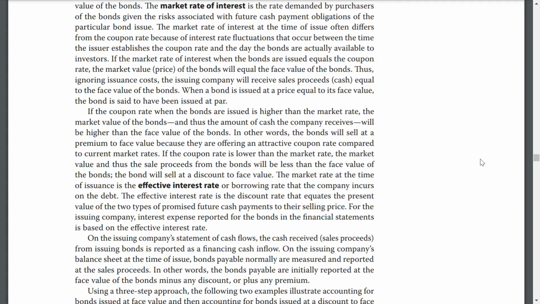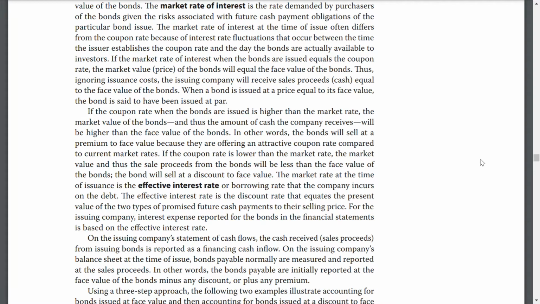available to investors. If the market rate of interest when the bonds are issued equals the coupon rate, the market price or value of the bond will equal the face value of the bond, thus ignoring issuance cost. The issuing company will receive sales proceeds or cash equal to the face value of the bond. When a bond is issued at a price equal to its face value, the bond is said to have been